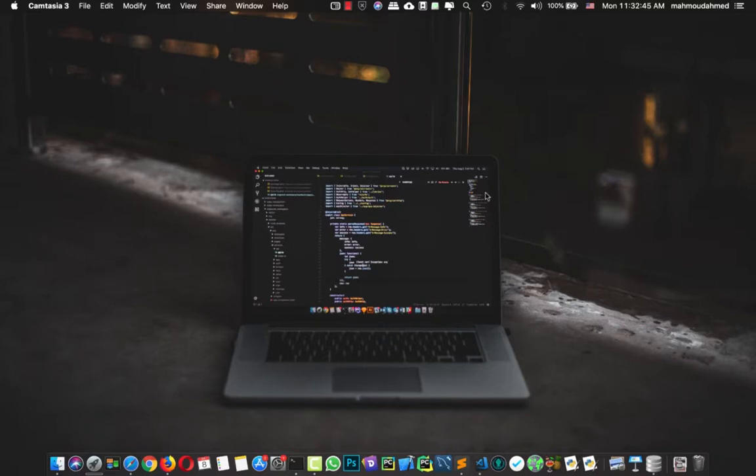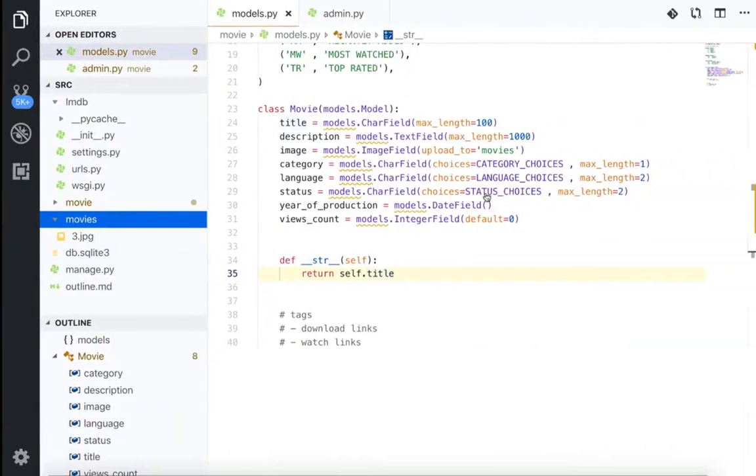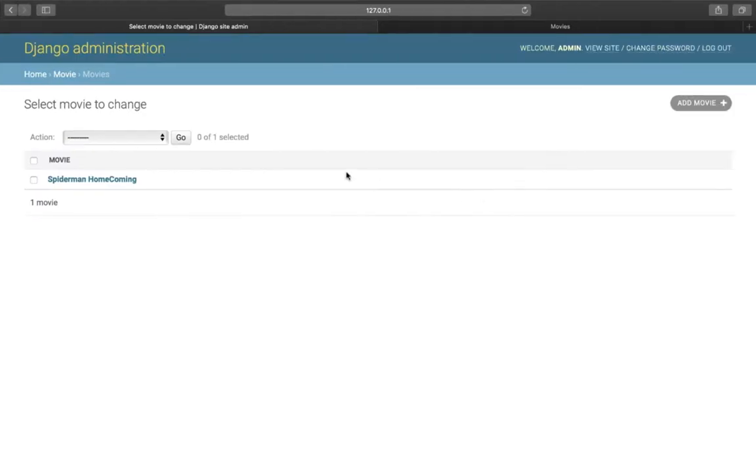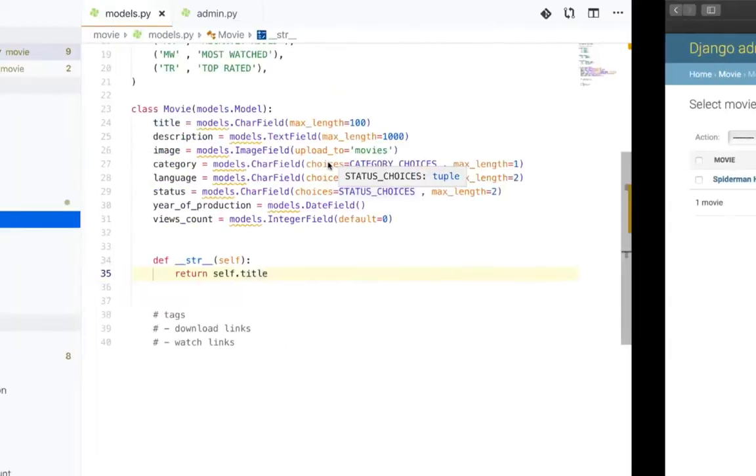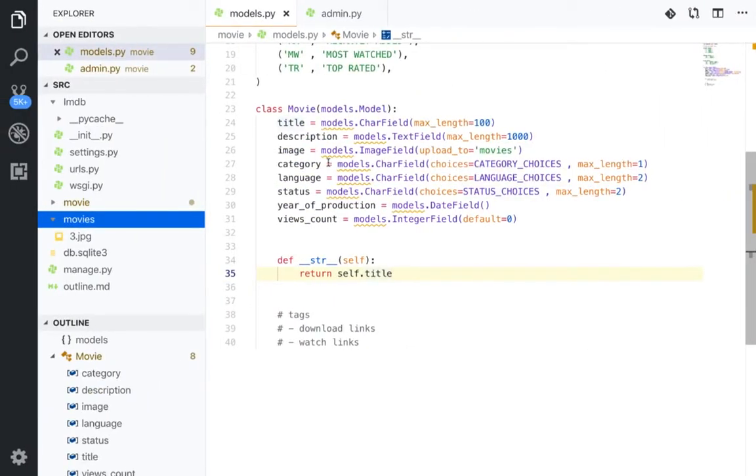Hi, so now we've designed our Django models, our movie model, in our project. Everything's working fine. We just added a new movie to our admin. So it's time that we start adding our static and media files configuration, because as we saw before, a new folder with the name of movies has been added to our project. So we need to add the media and static files configuration, and we also need to take a look at